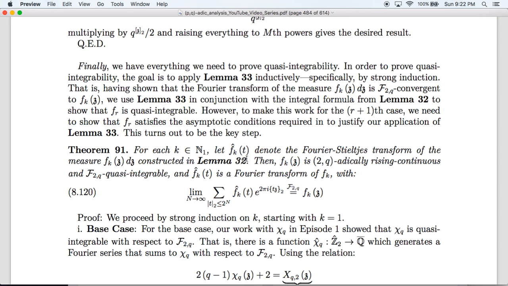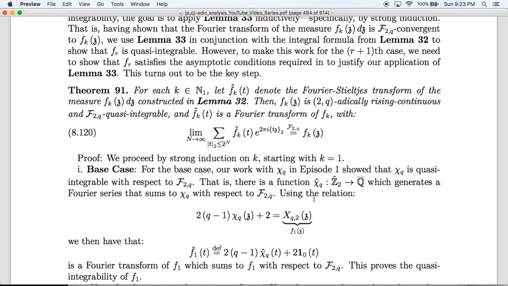Remember, in that lemma, we started with f0 equals 1, and then f1, we knew its Fourier transform from episode 4, and then we used that with our LR inverse operator to construct the measures fk of z dz for all k greater than or equal to 1, and these were then distributional solutions of the fk's functional equations. What we're now going to show is that their Fourier transforms actually generate Fourier series that converge frame-wise to fk, and we're going to proceed by strong induction on k,